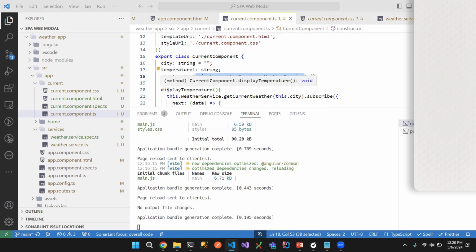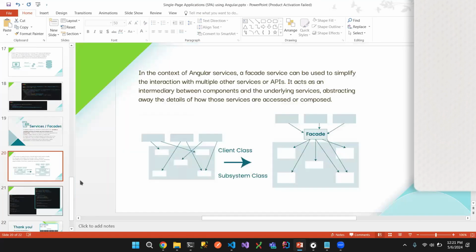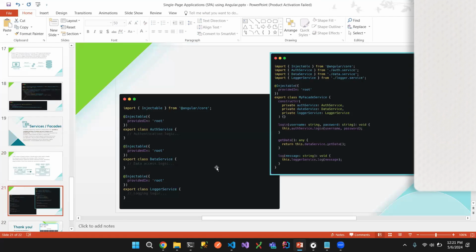So if you have multiple services, you can create another service which will call a facade. What a facade does is modularize multiple services into one service. So you can have many services in your application, and using a facade, you can have all those services in one service. So I'll show that